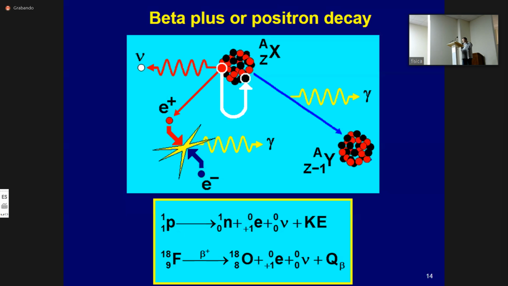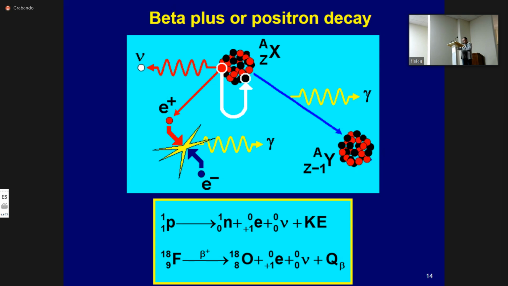of course kinetic energy. And another example is fluorine-18. It also has the possibility to undergo beta plus decay. We obtain oxygen-18. We will see positron and neutrino. And you will see this reaction if you go to a medical center and get such a procedure like positron emission tomography. Usually it is injected with the blood to see distribution in the body.